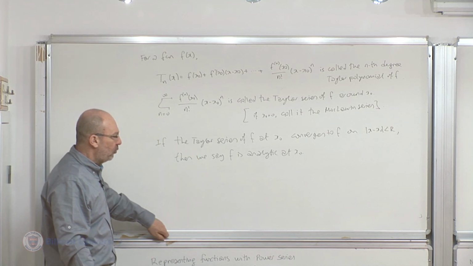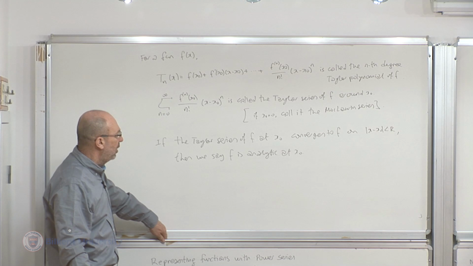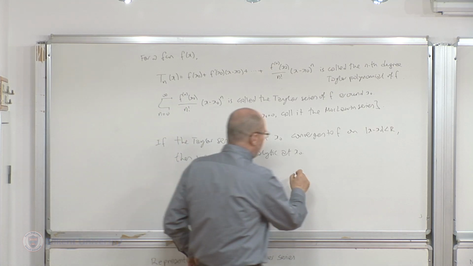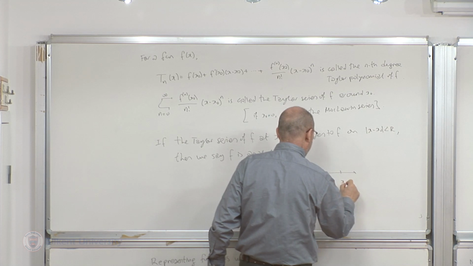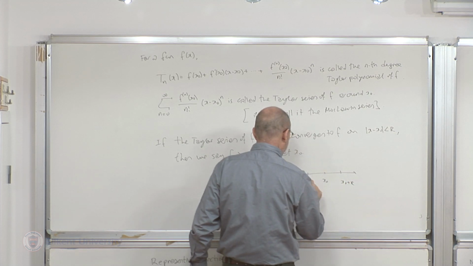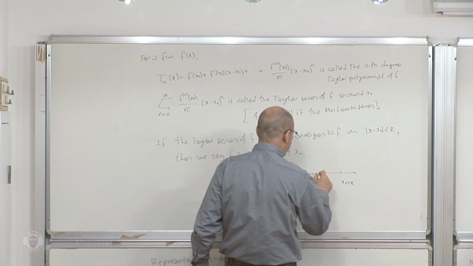Actually, you need to do a bit of work to show that if we have this interval from x sub 0 minus r to x sub 0 plus r, okay, so inside here,